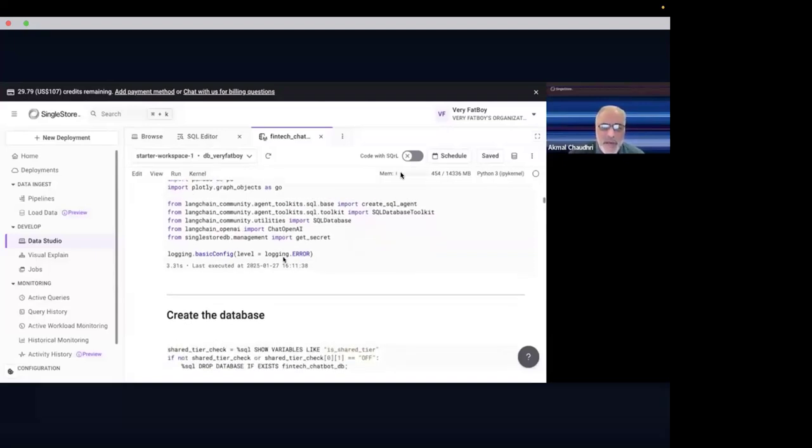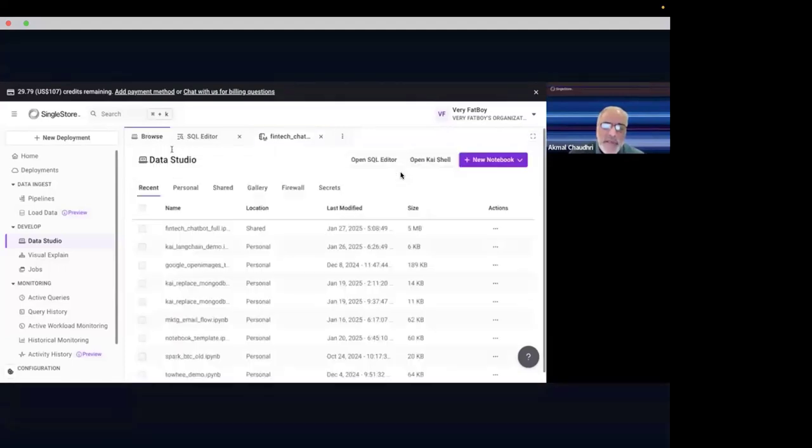One thing that I've done is store my OpenAI key within this secrets vault. If I go to the browse tab, let me show you. Along here you see there's recent, personal, shared, gallery, firewall, and secrets.